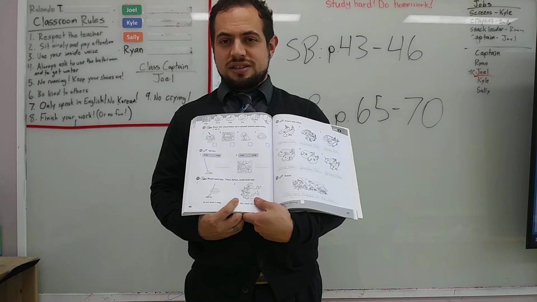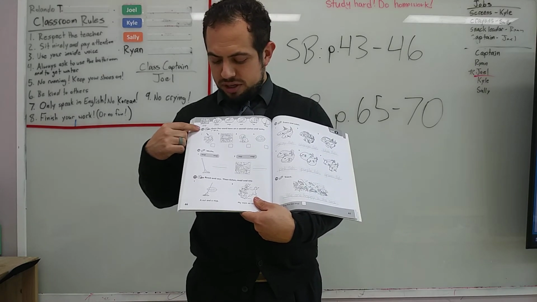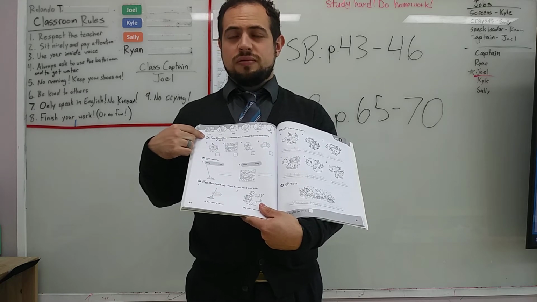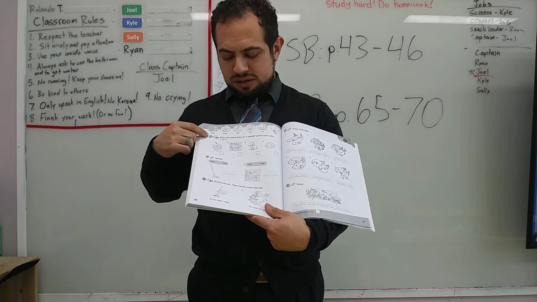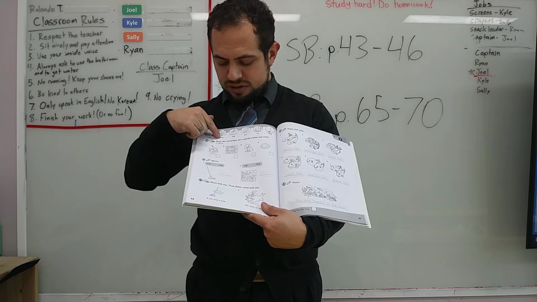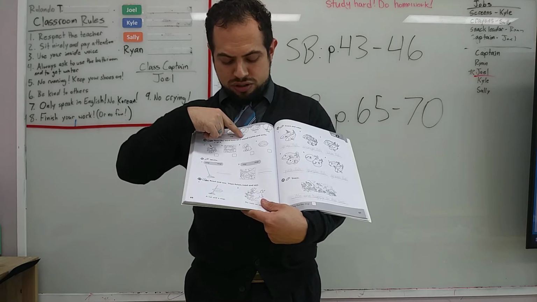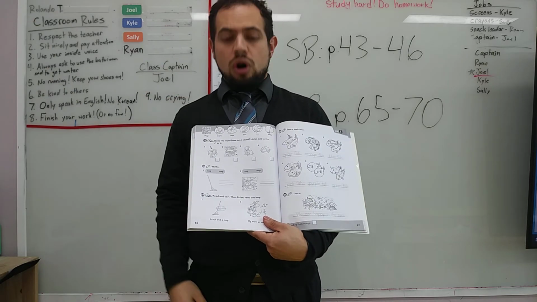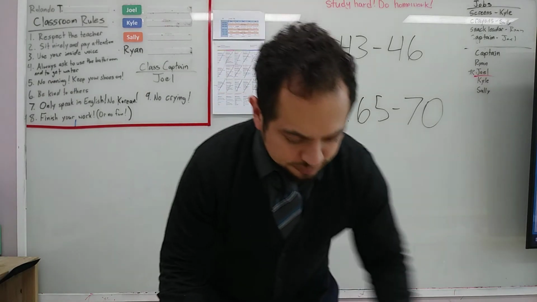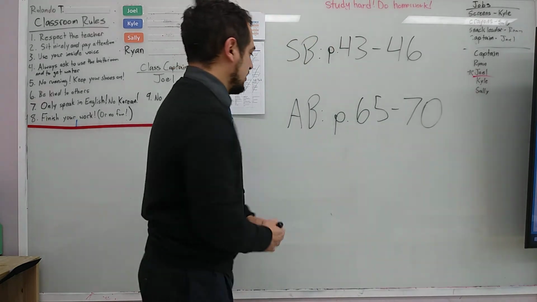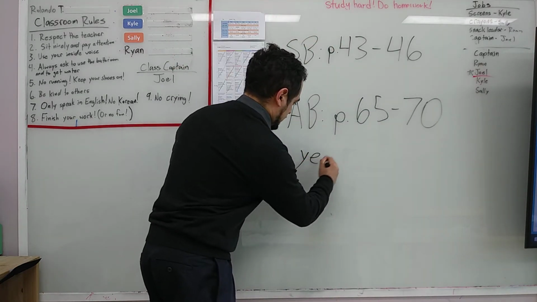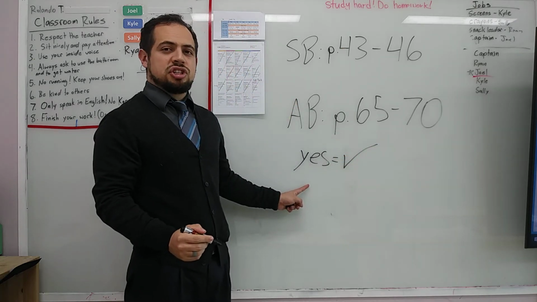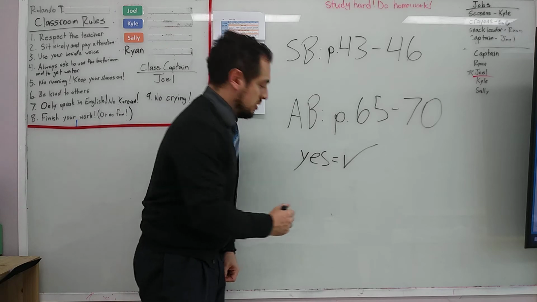Page 66. It's going to start out with listening to the CD. We're going to listen for the following. Does the word have an O sound? Listen and write check or X. Remember, if it's yes, it's a check. Yes is check. If it's no,